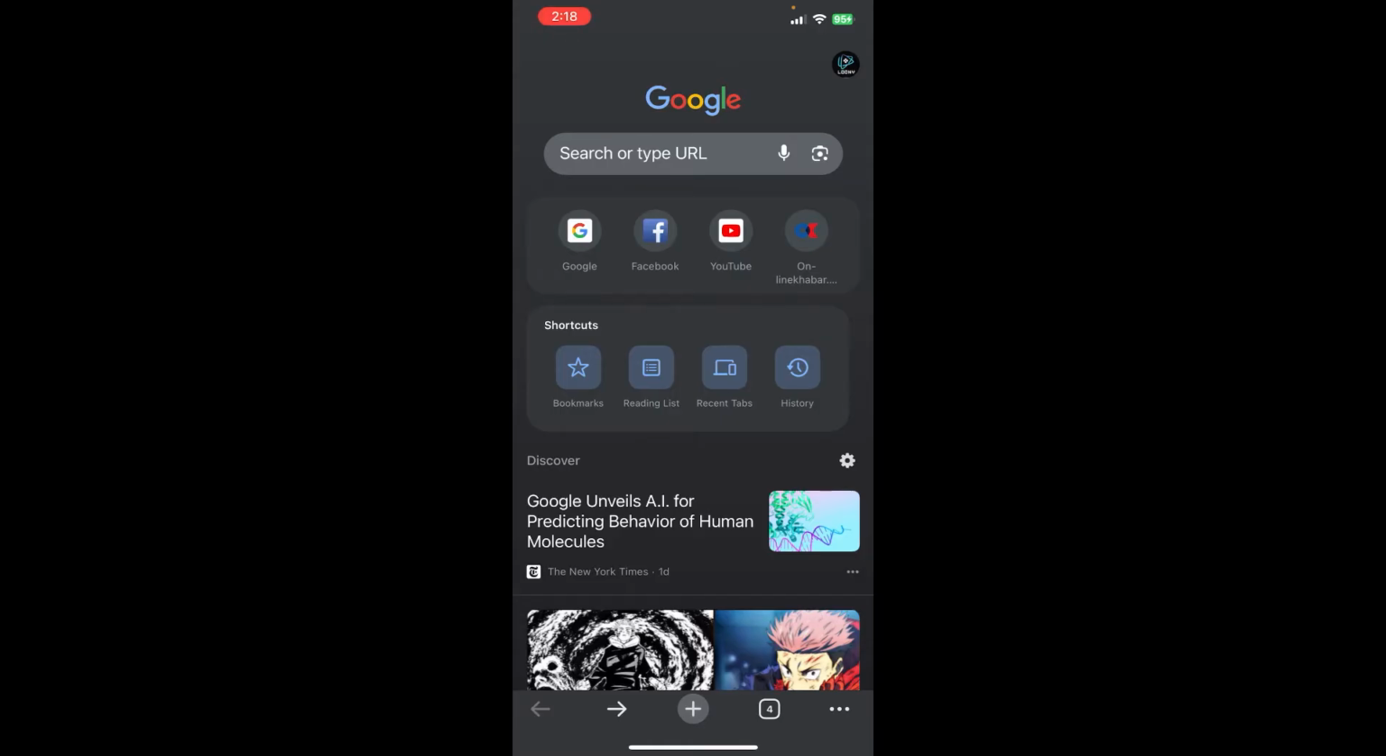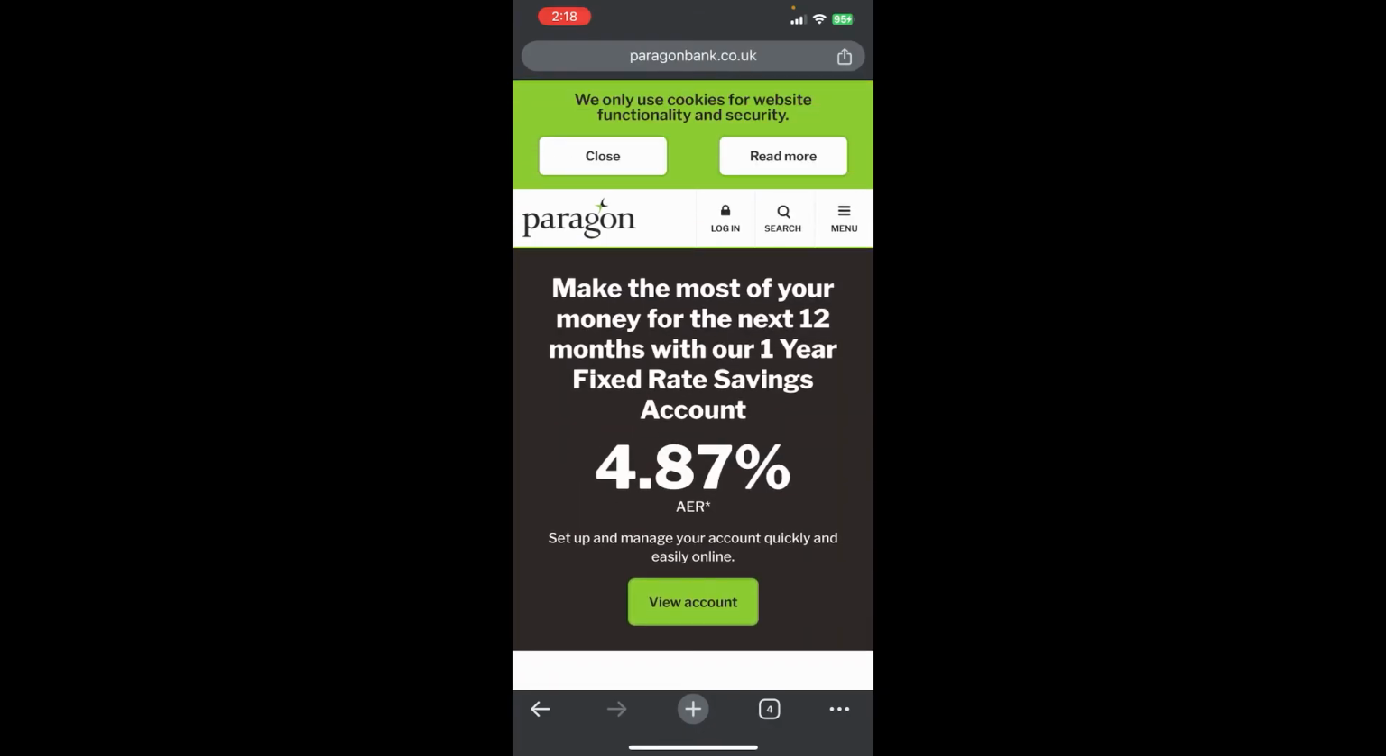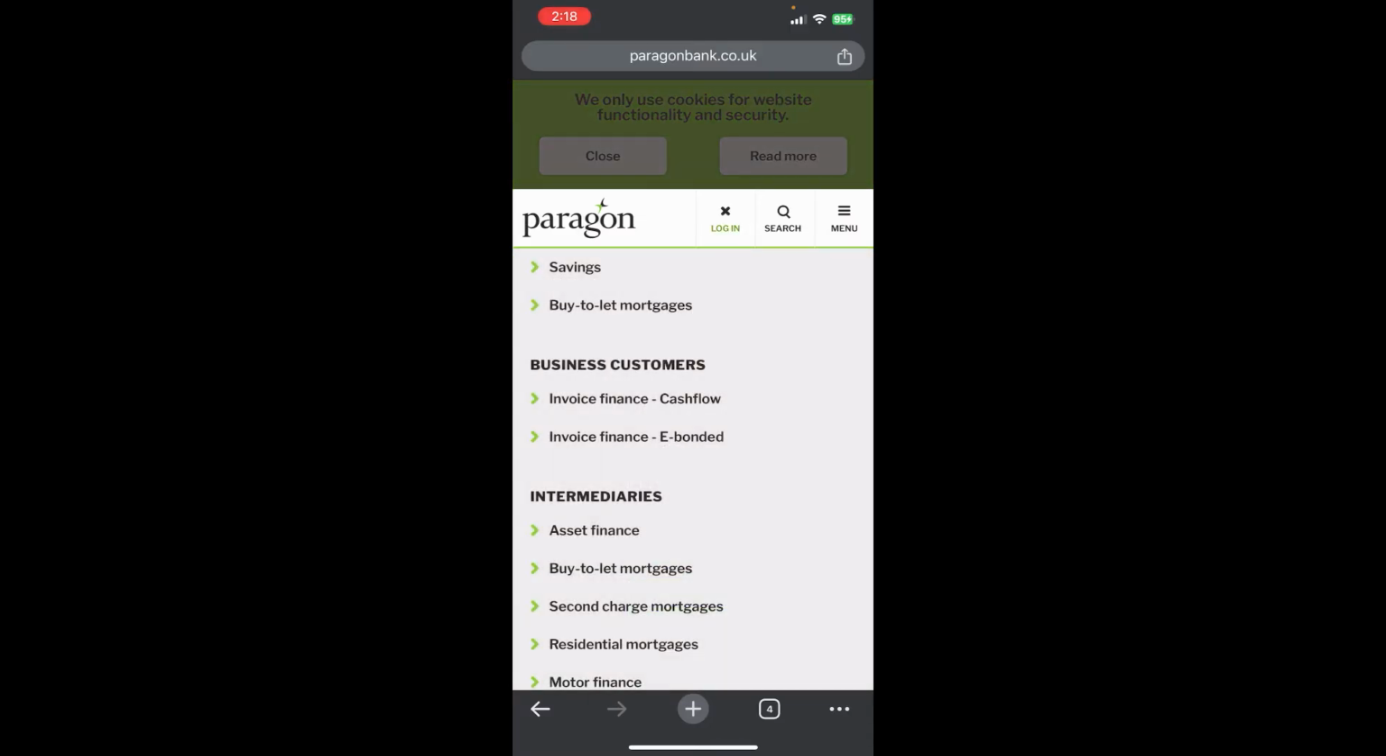First of all, you need to search for Paragon Bank login in Google. Right after that, you'll be able to see a link at the top of the screen, which you need to click on, and you'll be redirected to the official page of Paragon Bank, where you can see the login option at the top right corner. Once you click there, you'll be able to see lots of login options,